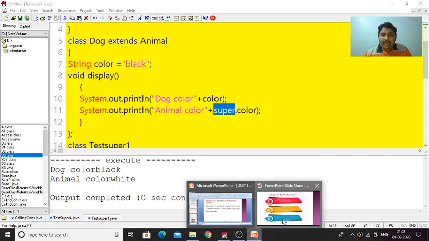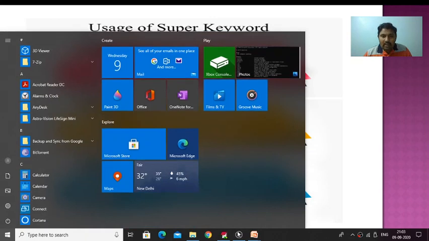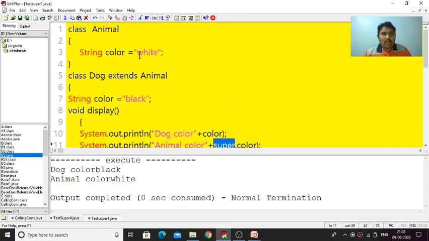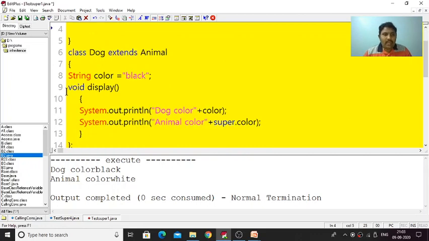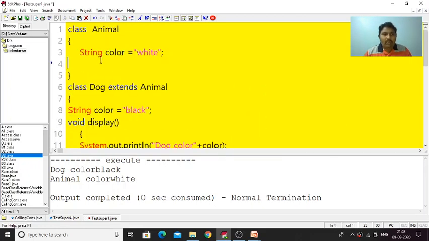The second purpose of the super keyword is that it can be used to invoke the immediate parent class method. Let us try that modification also. Here we can provide the same void display method in the Animal class also.